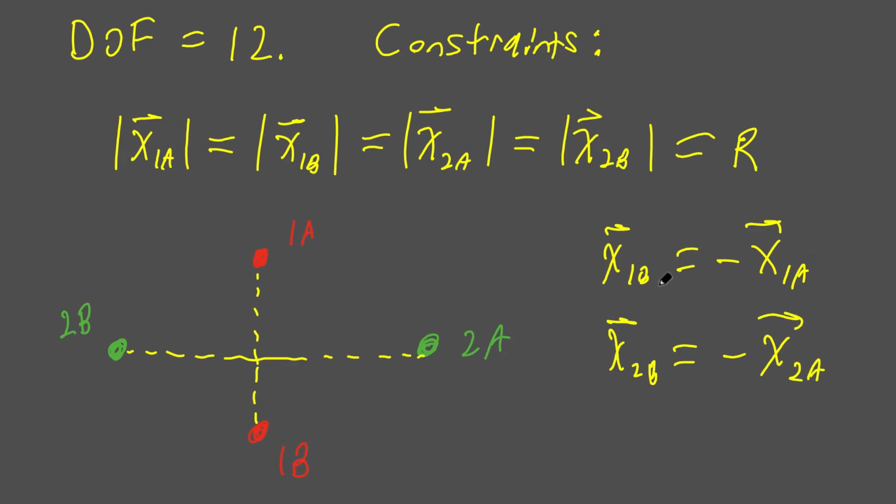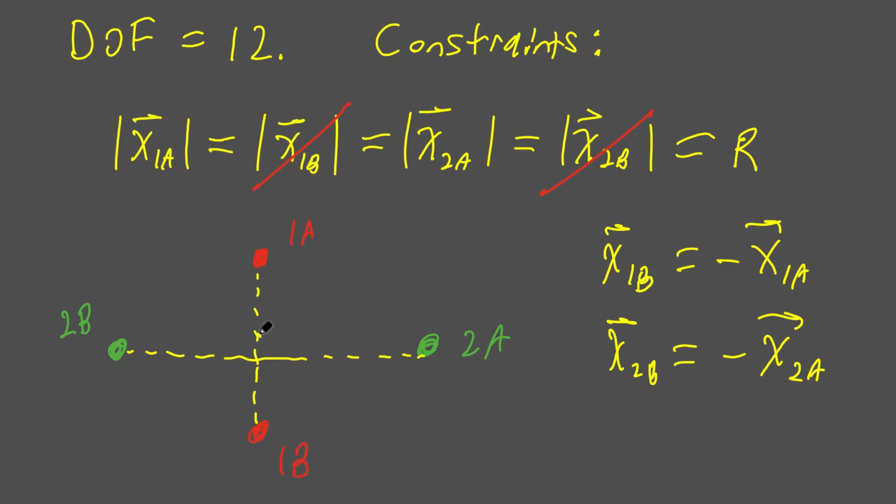Now, with this constraint, if we know that x1a has magnitude r, then this tells us that x1b also must have magnitude r, so we actually don't need to impose this constraint. Likewise, we don't need this constraint if we're going to include these 2. So with this set of constraints, we have a body with 2 struts holding these 4 masses at a fixed distance r from the origin,